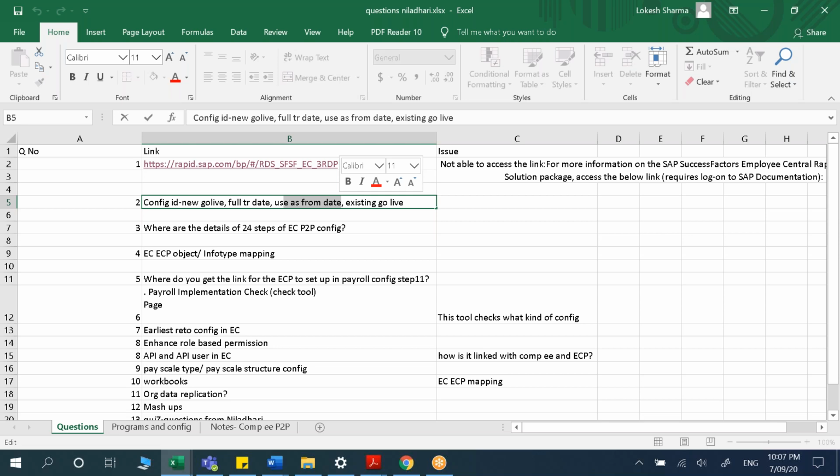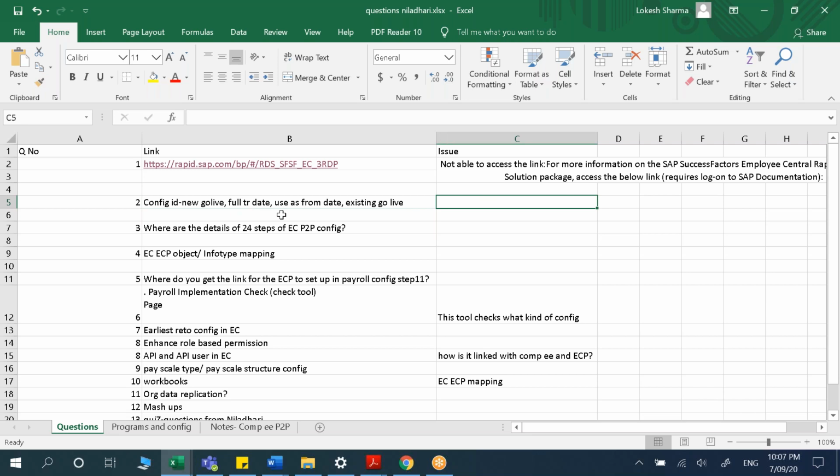There are scenarios where you would have payroll on premise, but you migrate all that data into ECP, and you don't want old things to be wiped out. So you do some settings. From that perspective, I want to understand the different scenarios and their impacts on the full transmission date and other factors: if I do this, this will happen; if I do that, that will happen.